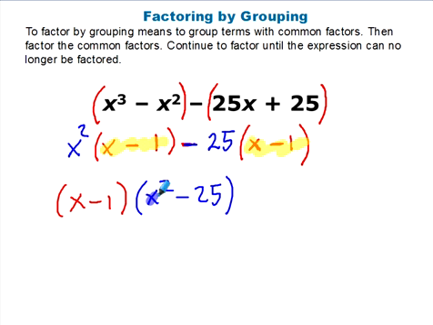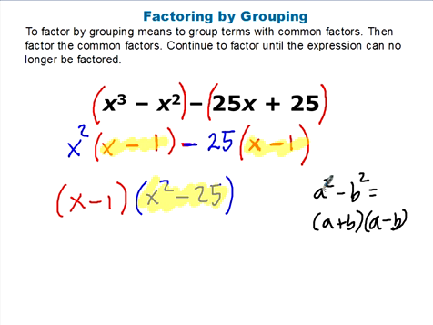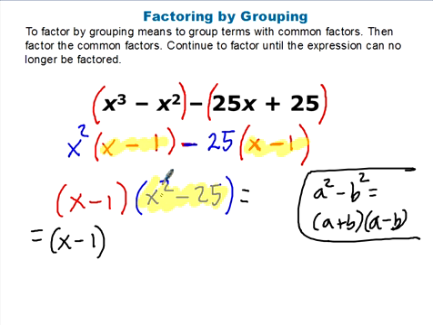So looking at x squared minus 25, this is a difference of squares. So if you remember, the difference of squares says that any time you have something squared minus something else squared, you can write it as, for example, a squared minus b squared is a plus b times a minus b. So if we apply this rule to our polynomial, x minus 1 stays intact, but we must recognize that